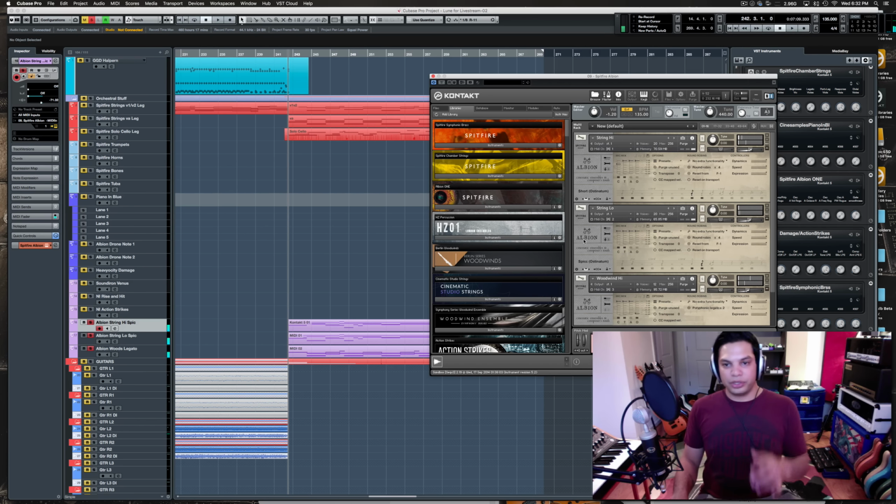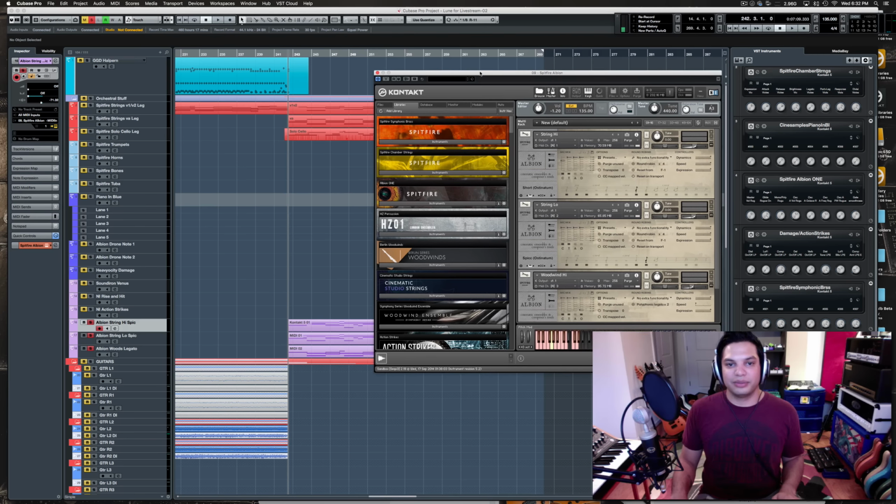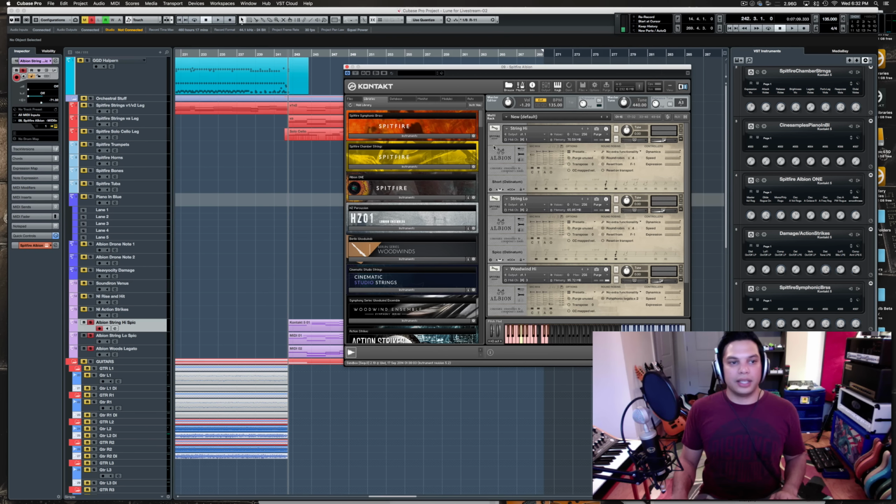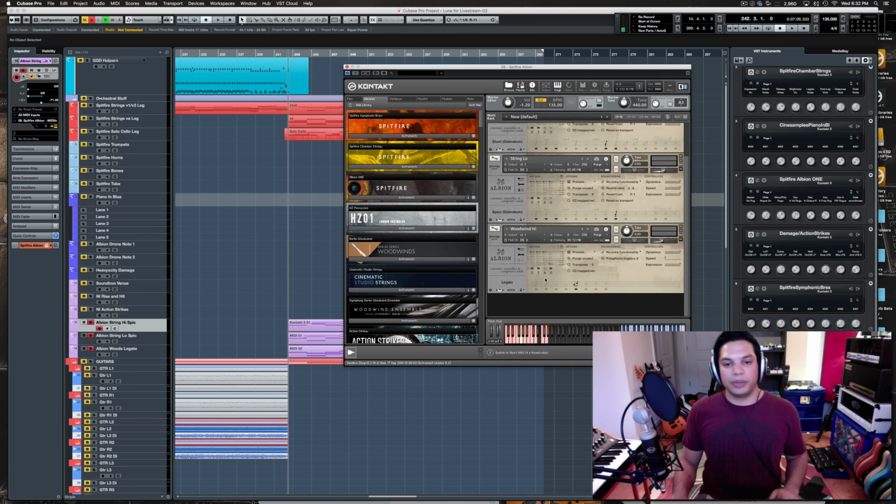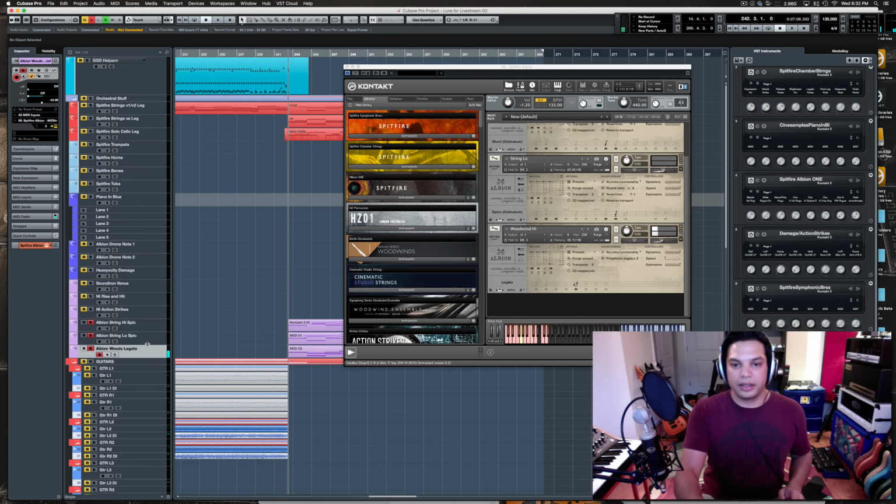It's a broad brushstroke approach to orchestral stuff, so it's a good way to dip your feet into it and see if you like working with this stuff. But as you can see, it's not divided out into the individual sections. It's just strings high, which is violin 1, 2, and violas, and strings low, which is cello and contrabass. And it's the same thing with all the sections. But I actually think that these samples sound great.